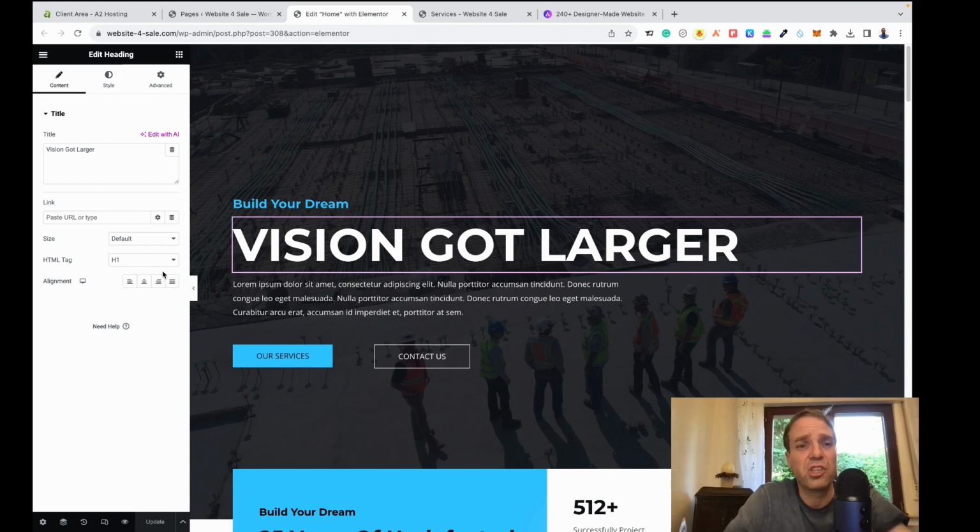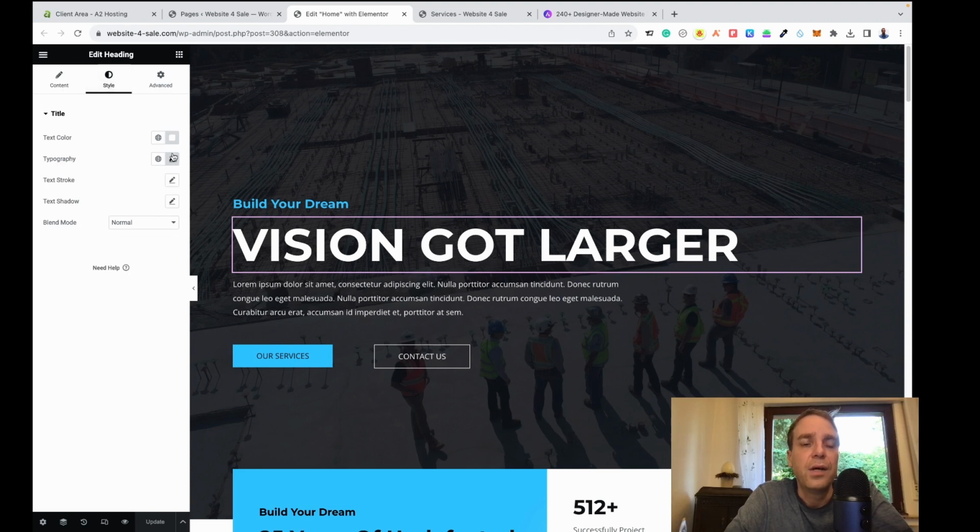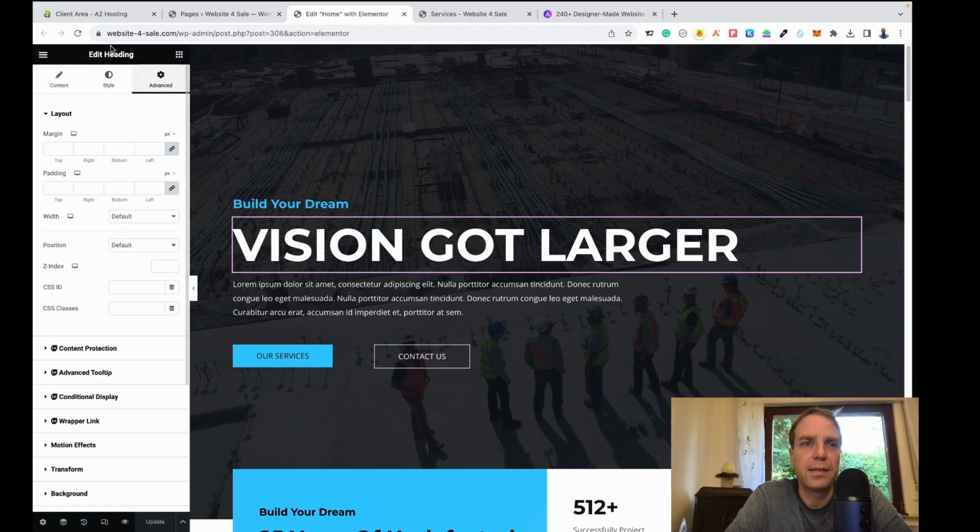So this is good. Here you can change the alignment, and then you have two other tabs here, style and advanced. On style, you can change the color of the text, or the typography, make it smaller, make it bigger, make it italic, or change the font and something like this. Text stroke, text shadow, you can add a shadow. And on the advanced tab you can add margin, padding, top, bottom, left, right,